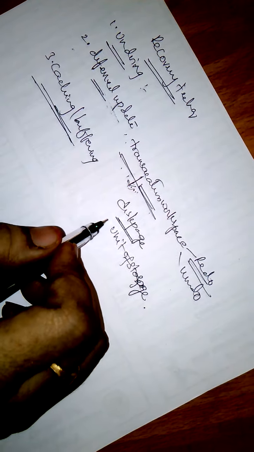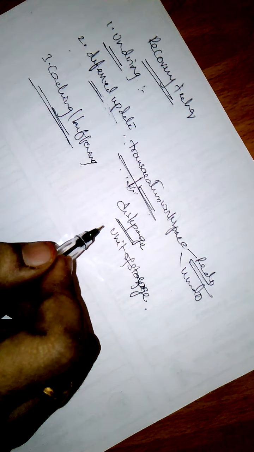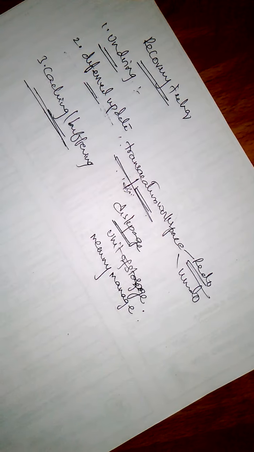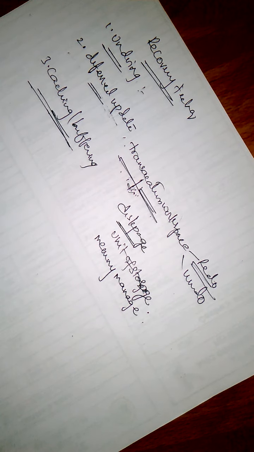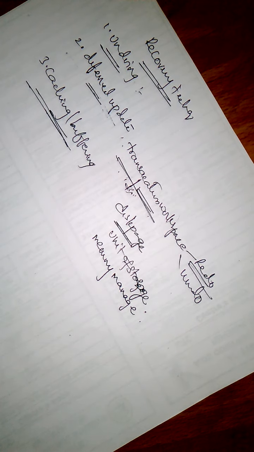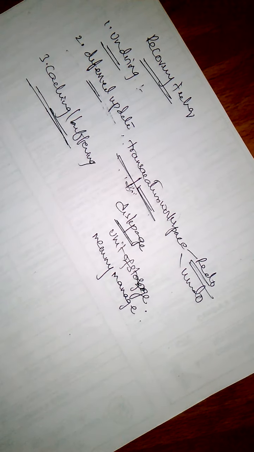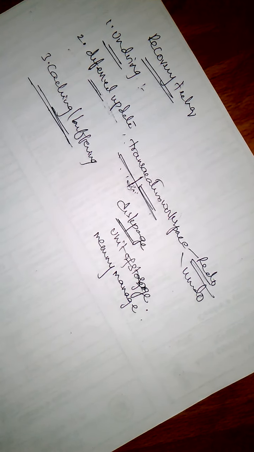The next one is caching or buffering. Before that, first we will see what a page or disk page is. A disk page is a unit of storage to organize the data in the database file. Paging is a memory management scheme by which a computer stores and retrieves data for use in main memory. That means to perform some processing, it will retrieve data from disk for use in main memory. That is a page or disk page.